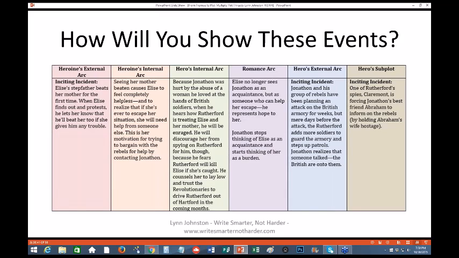So I thought, what if they're spying on the armory? What if they're sitting there on the top of a roof, shivering because it's cold, and they're kind of hungry and their feet are falling asleep? They've been there for hours and they're taking notes and doing the incredibly boring legwork of trying to figure